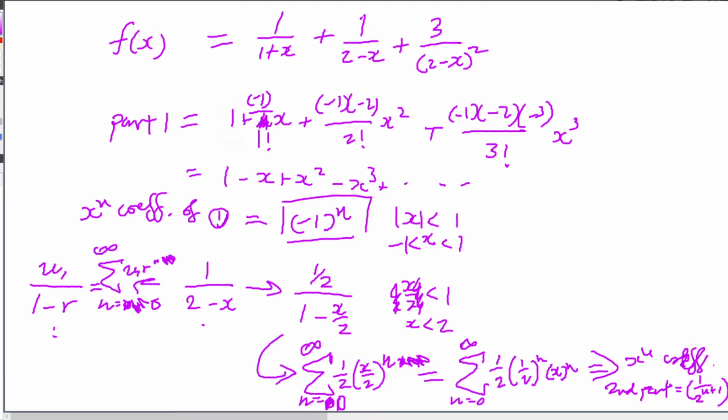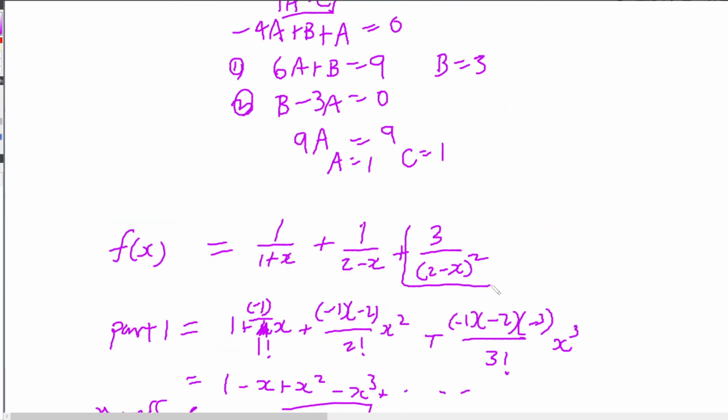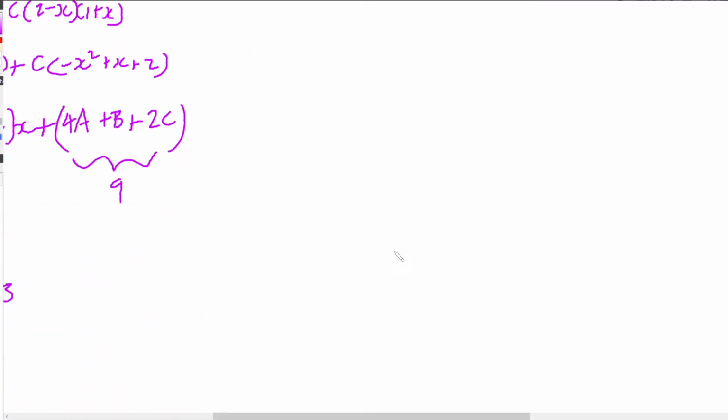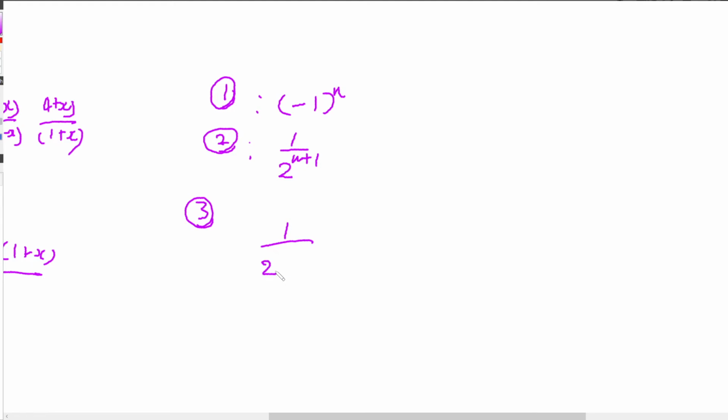So what next? We want to find the x to the n coefficient of the third part, 3 over 2 minus x squared. We already know that for part 1, it's minus 1 to the power of n. For part 2, it's 1 over 2 to the n plus 1. What about for part 3? Well, we know that 1 over 2 minus x is equal to the sum from n equals 0 to infinity of 1 over 2 times 1 over 2 to the n times x to the n,